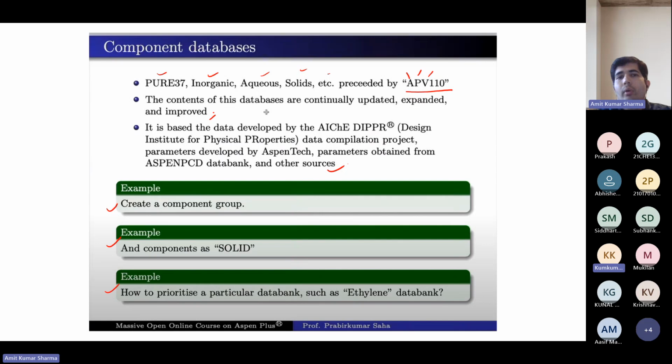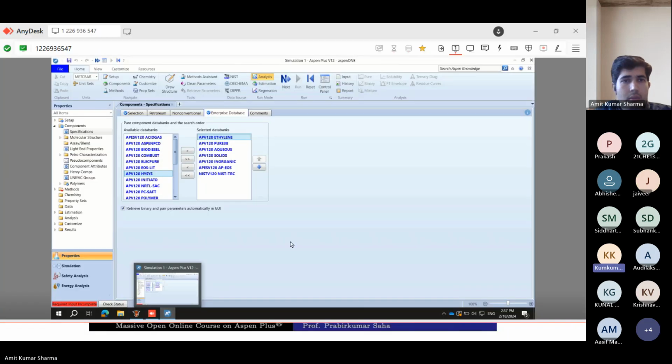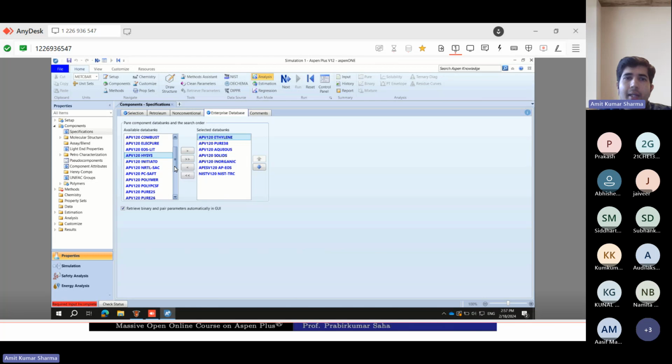So every component will have its own data bank? Like for ethylene, we selected the ethylene data bank. No, every component doesn't have a separate data bank. Some components do. For example, we can see data banks for polymers, which include a complete range.